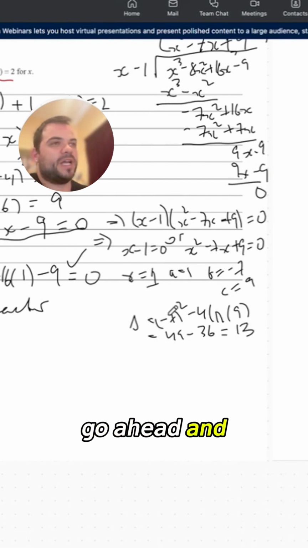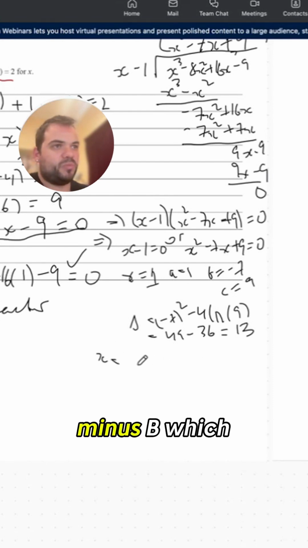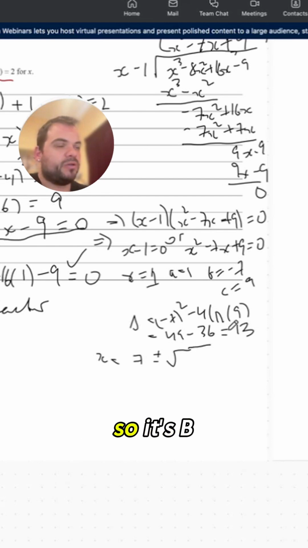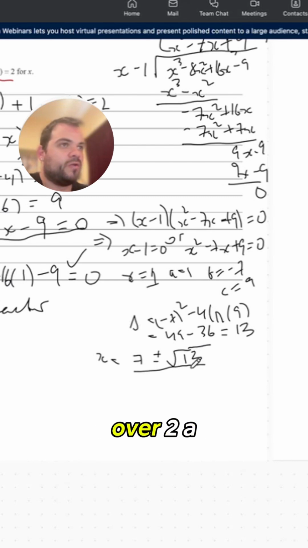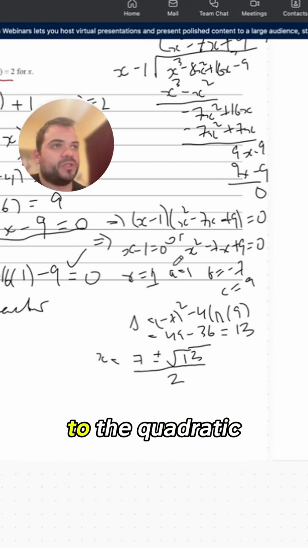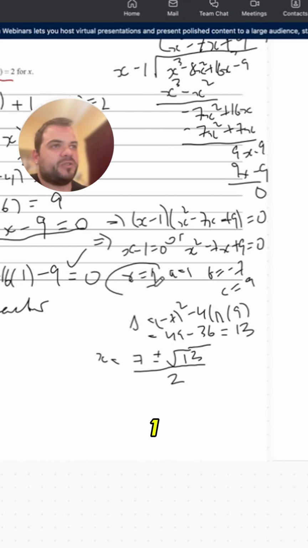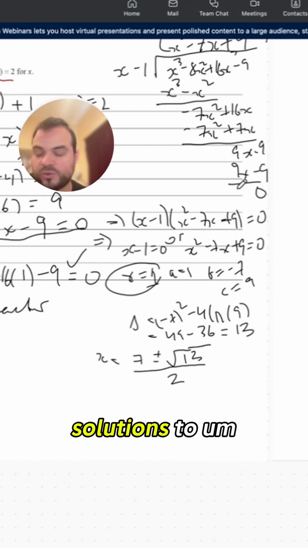Okay, so let's go ahead and work out what those x values are. We've got x equal to minus b, which is 7, plus or minus the root of the discriminant. So it's b squared minus 4ac, but we've already determined what that is. So that's root 13, over 2a, which is 2. There's nothing we can do here to further simplify this. So those are the two solutions to the quadratic, and then we've got x equals 1. So seemingly these are our solutions to the